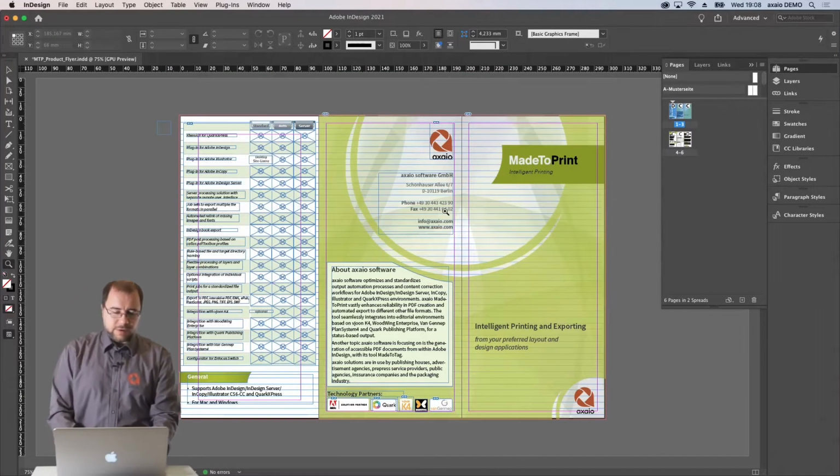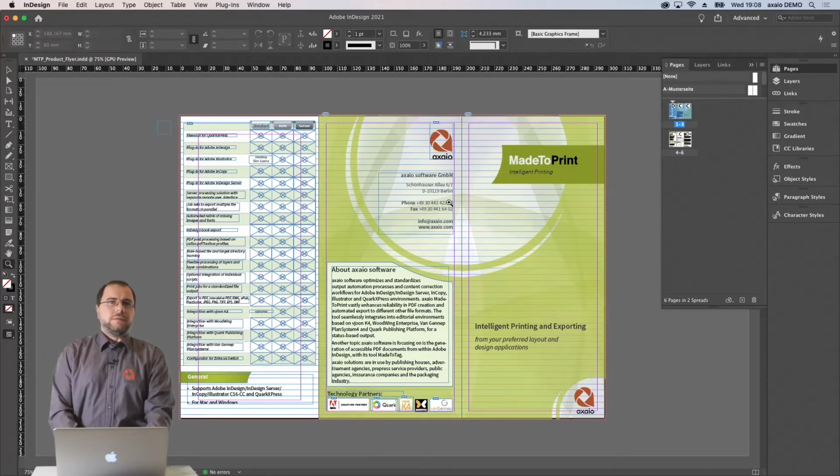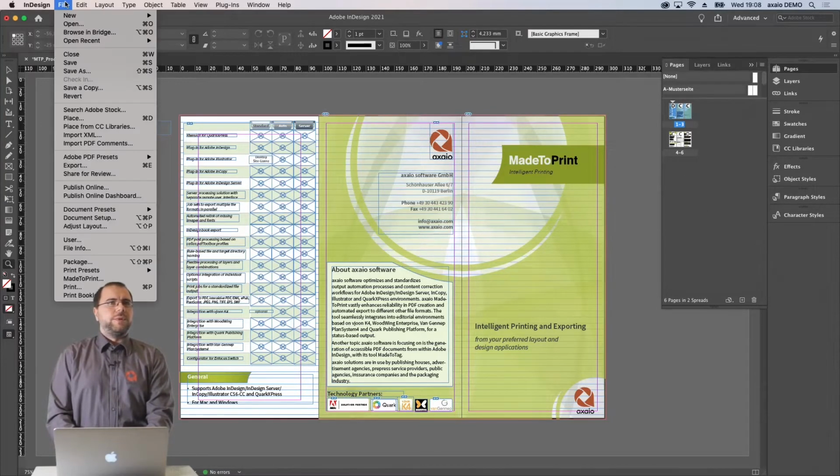I have our flyer ready to be outputted. It has two spreads, so the front page and the back page. And I could just export that with InDesign, but as I want to show MadeToPrint,